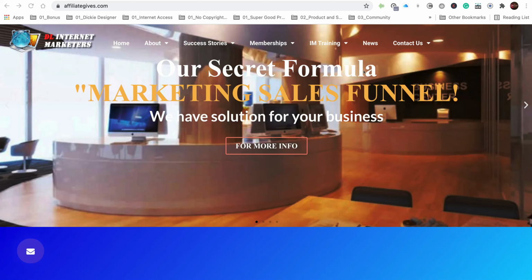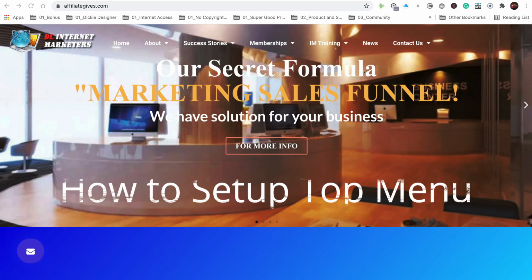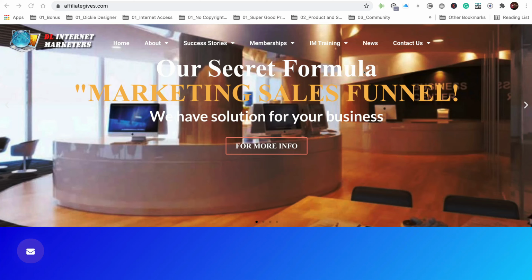Okay, before we go into how to set up your header top menu, I want to show you the page first. This is my affiliate page, and you can see it's professionally done. You can actually see the slider that will move around. See the slider? Early on, you asked me about how to create a slider in Elementor Pro, and you